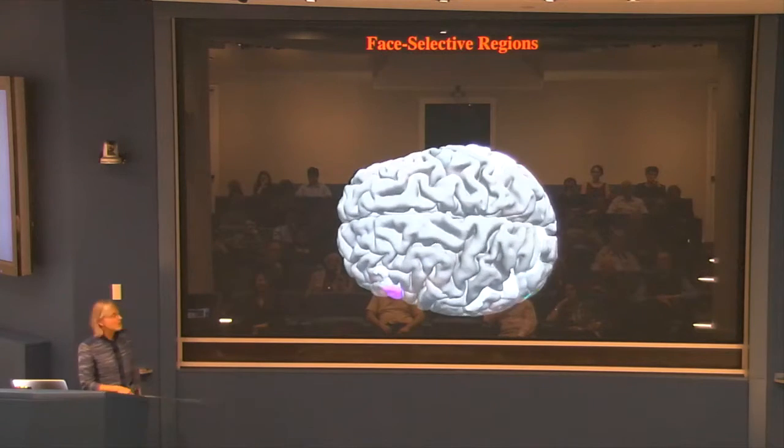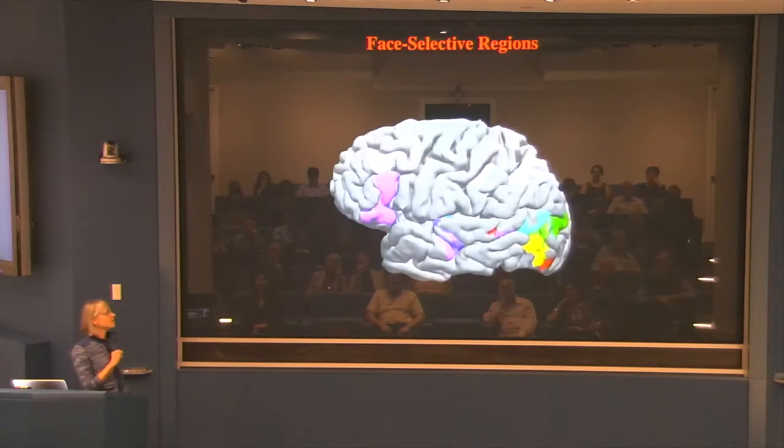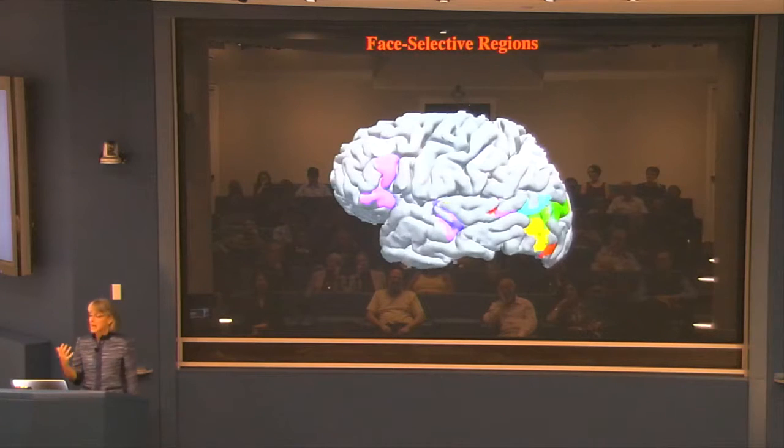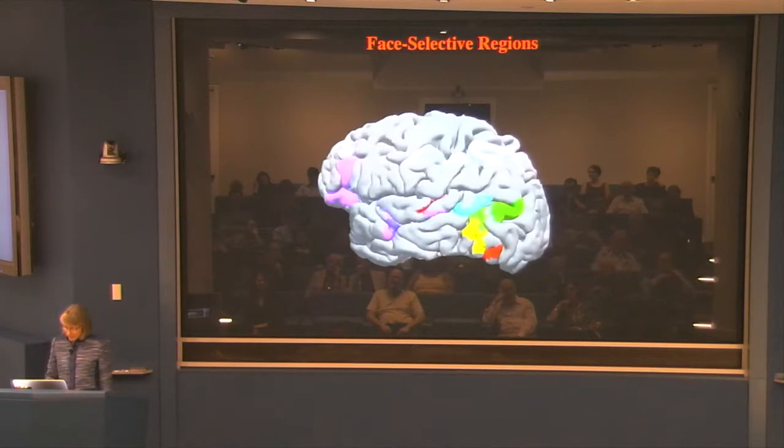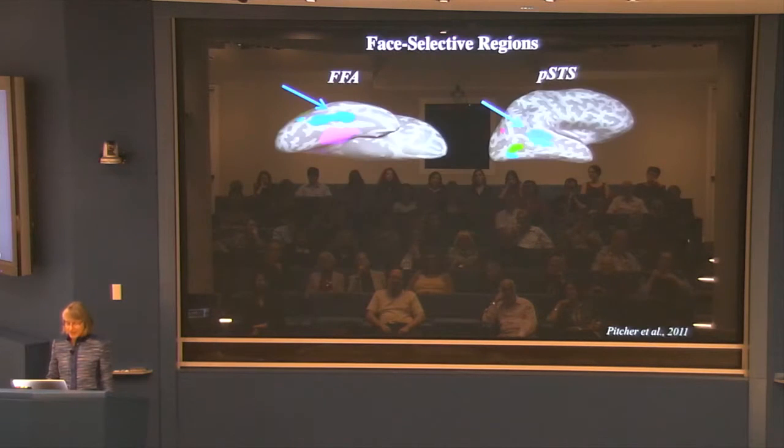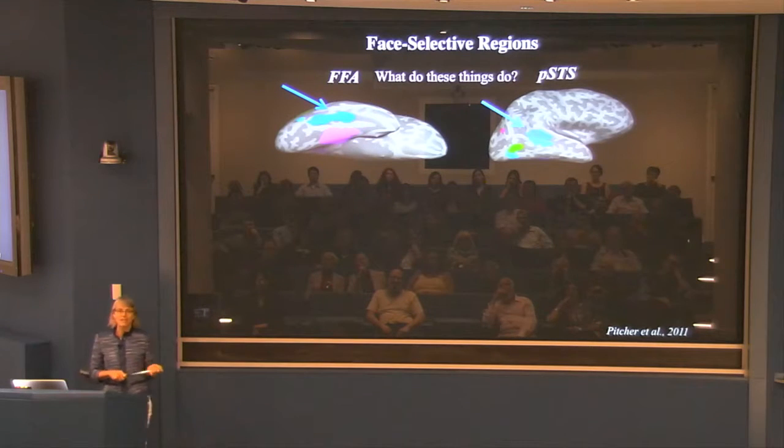The white ones I'll talk about briefly. Those ones are very general. They respond to pretty much any kind of mental effort. They're sort of the opposite of all the other regions that respond for very specific kinds of stimuli and specific kinds of mental operations. Okay. Oops. No, we did that enough already. Okay, here we go.